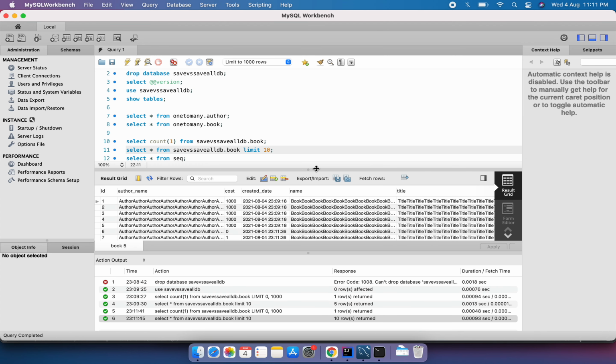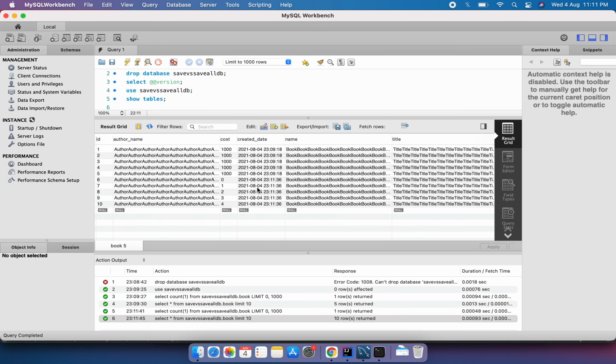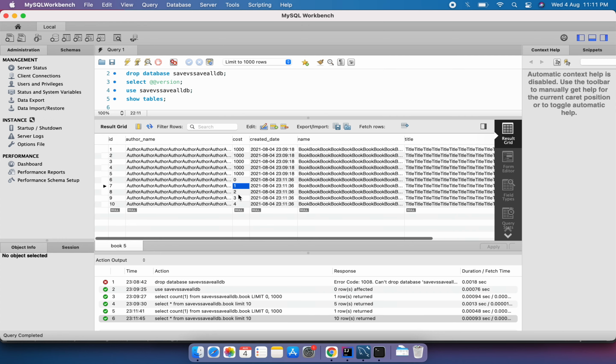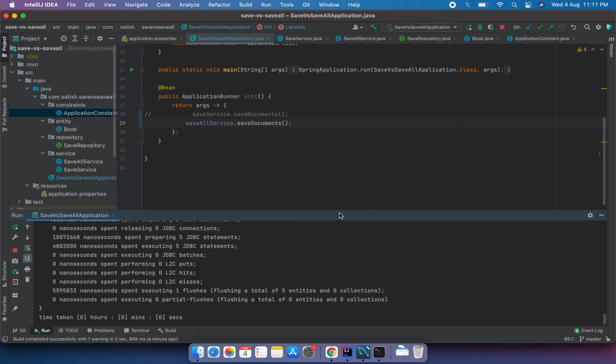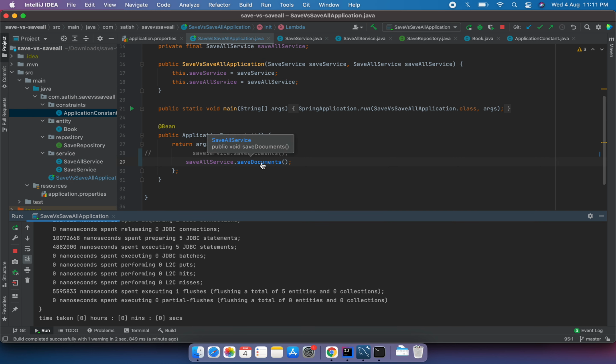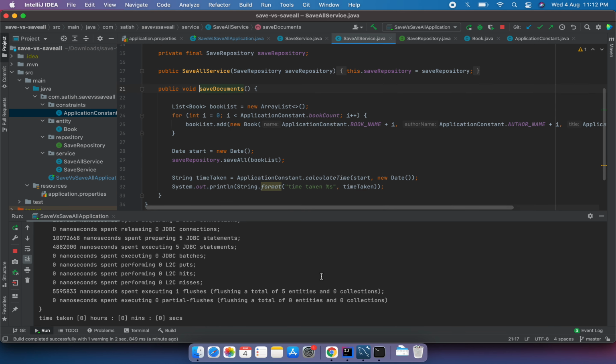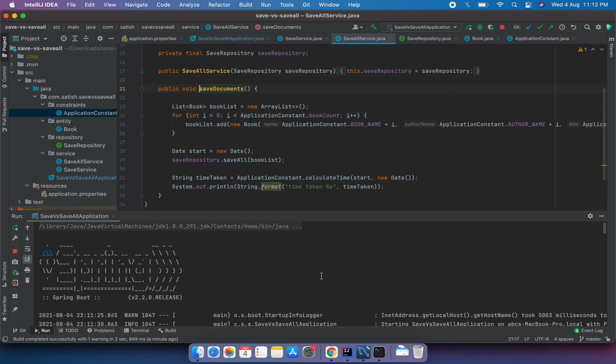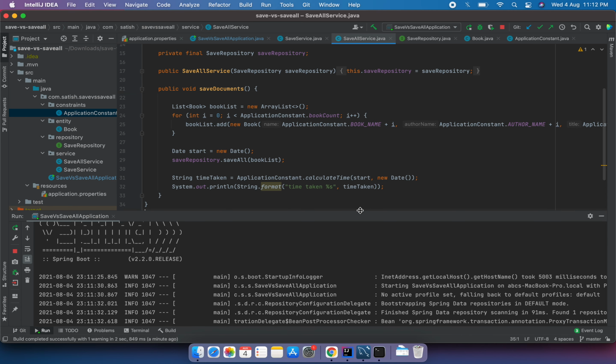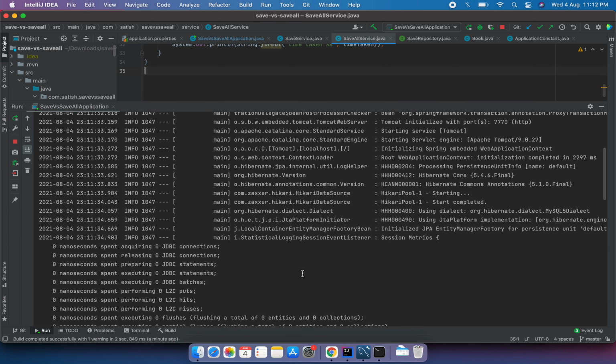And we have exactly the same documents. In this scenario, I guess I'm adding the price as the loop index i, that's why we are getting 0 1 2 3. Let's verify one. Yeah, so the price is actually i, that's okay, it's not important as of now. So let's look at the logs from the beginning and see what is happening behind the scenes.